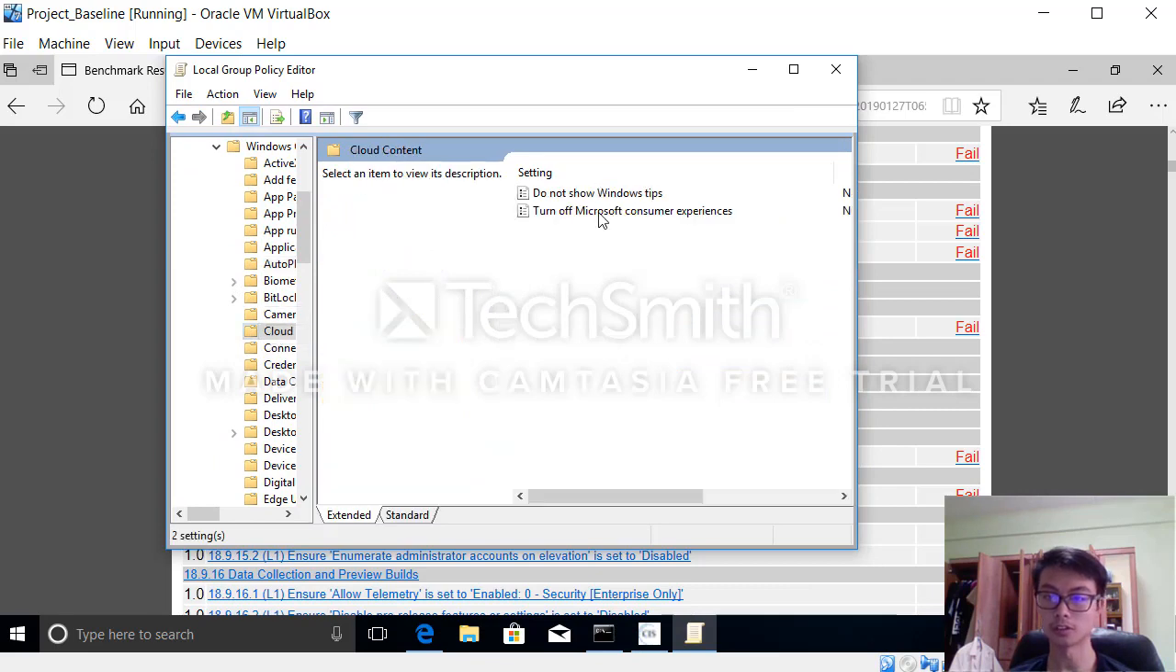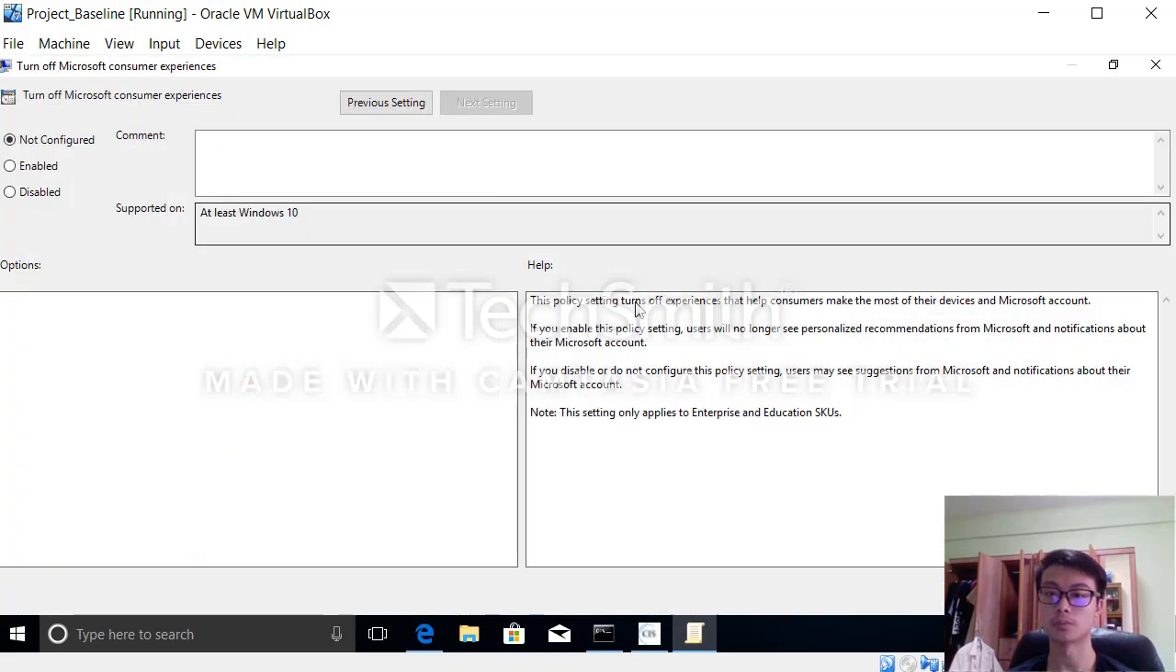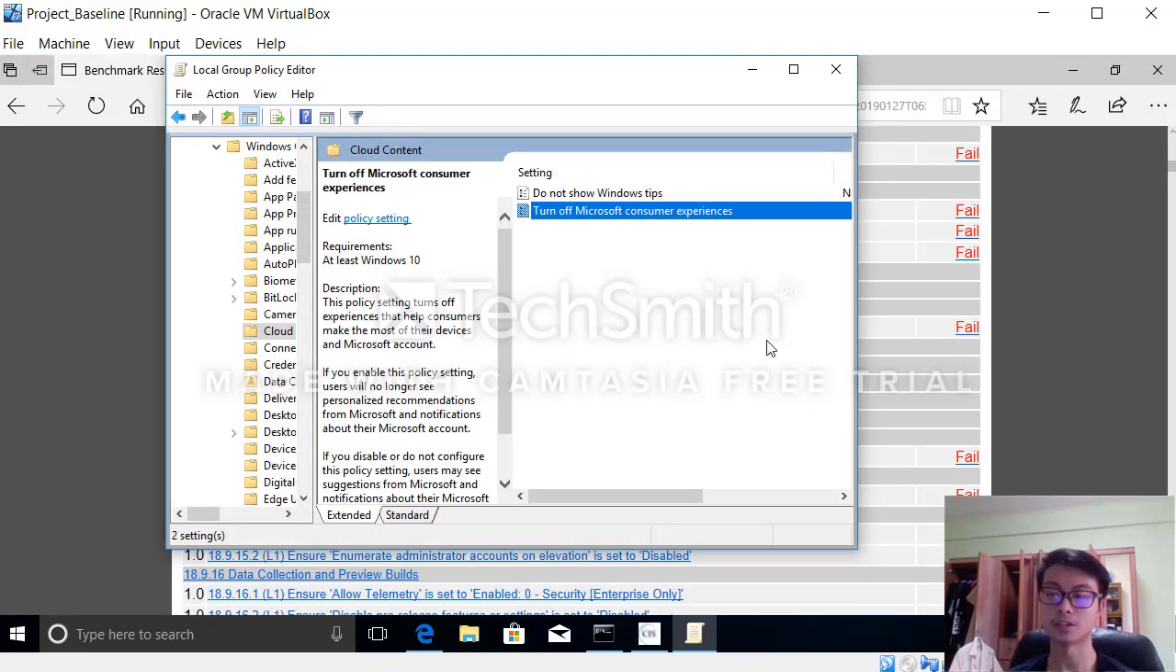Now for the last one, it'll be cloud content. So I'll proceed to cloud content and turn off Microsoft consumer experiences. What this does is that applications are being recommended to consumers based on their browsing and their liking. So this is risky because all sorts of applications are being recommended, and some of them may be harmful,